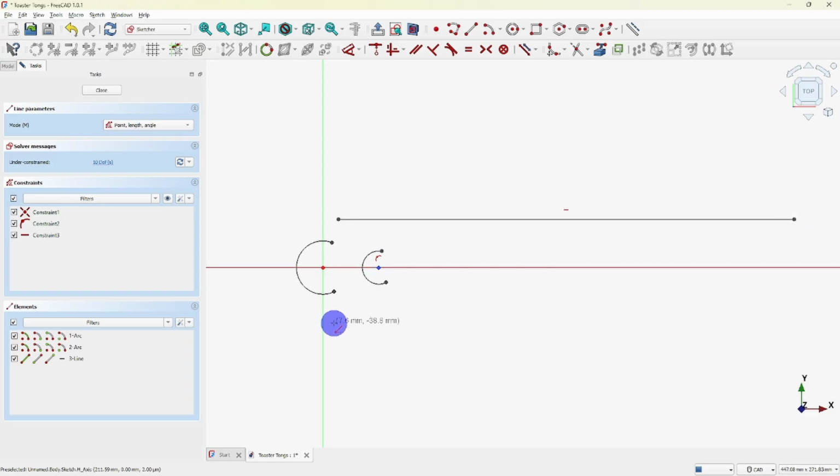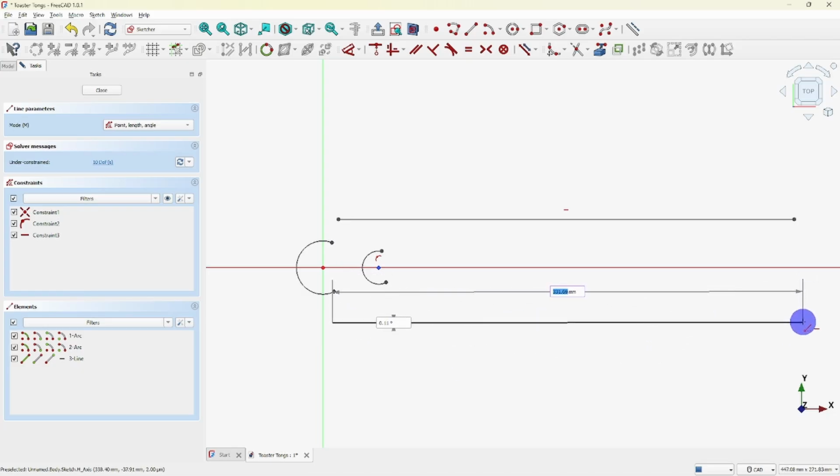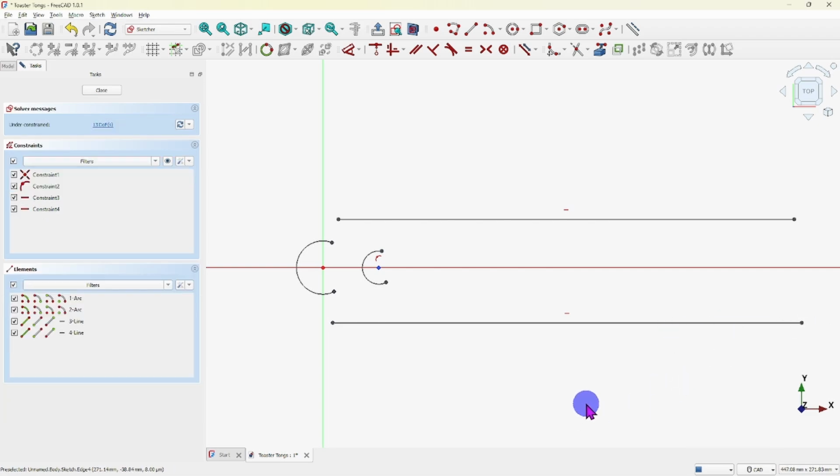I'm going to do the same down here while I'm still in the line mode. Select with the left button, pull it. You can see that it's horizontally constrained with that horizontal constraint symbol to the lower right side of the purple circle. Hit select. Okay, now what I want to do is